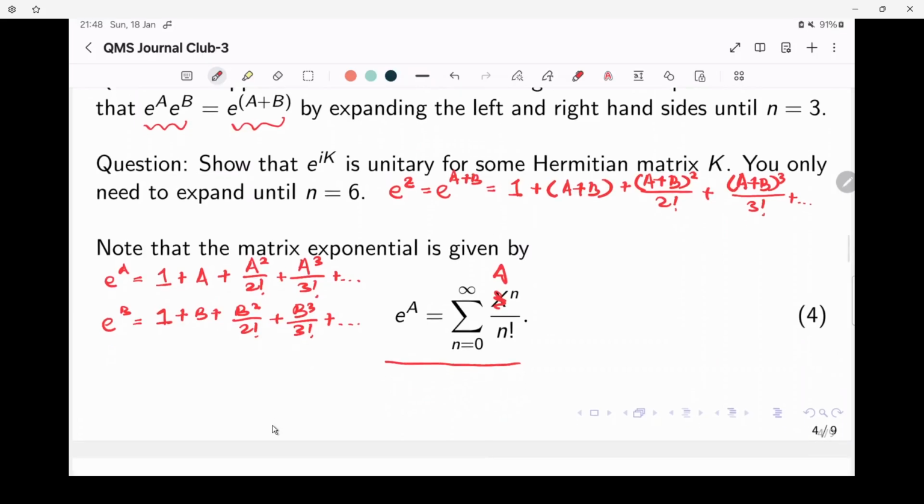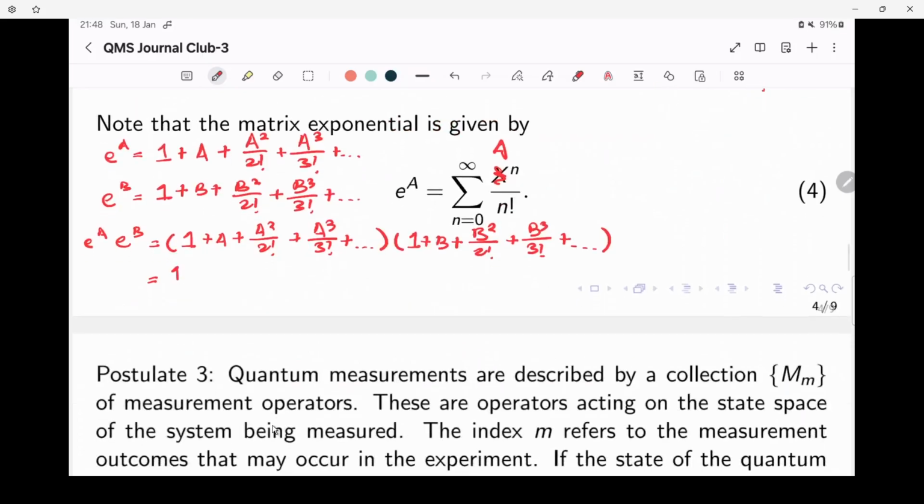So now let's do the multiplication on the left hand side. e^a multiplied with e^b. It will give you something like this. So when you multiply them together, you get identity plus b squared over 2 factorial